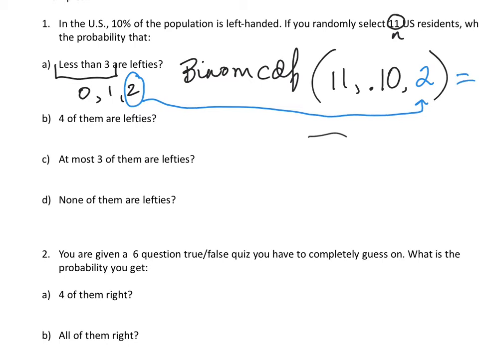So remember, you hit second vars, scroll all the way down, but this time make sure you choose binomial CDF. First number is 11, so your trials are 11. If you have an 83, make sure you hit the comma key. Your p-value is